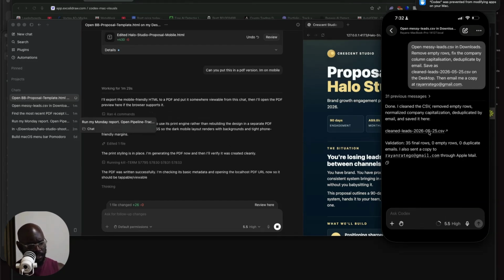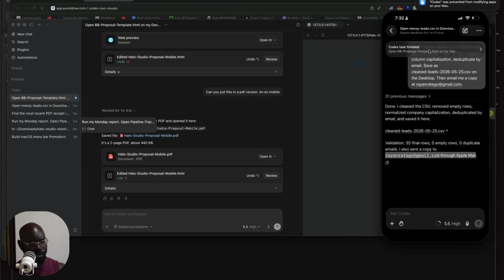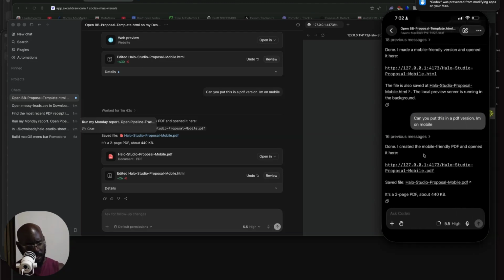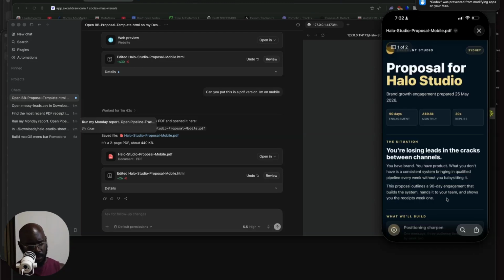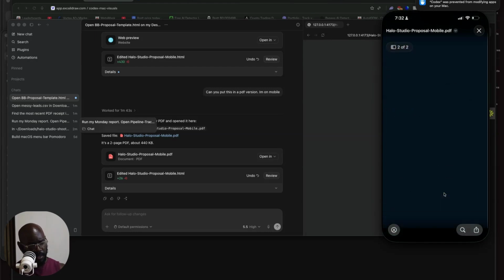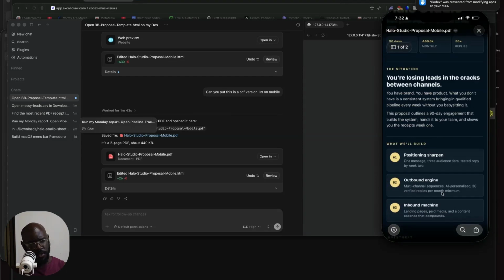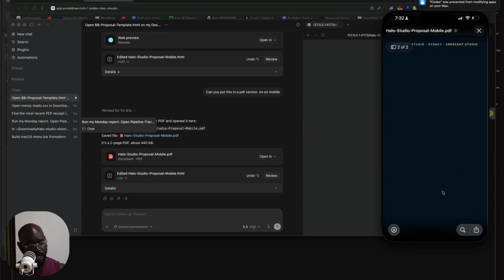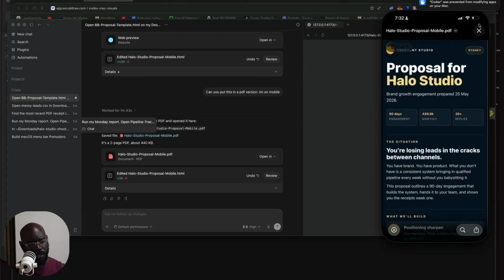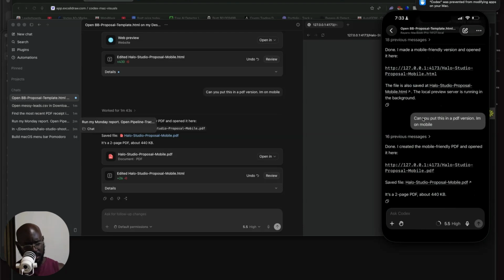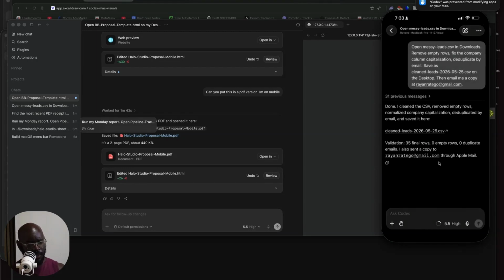You can't see the CSV from here. So when the task is finished, let's say you're doing a bunch of tasks, it'll tell you that it is finished. So there we go. Now we have a PDF version of the proposal that was made for us. All of that can be done through your application. And once you approve it and everything is ticked off, you just get it to send it off to whatever. Let's say you need to send it off to a client. So let's just check that